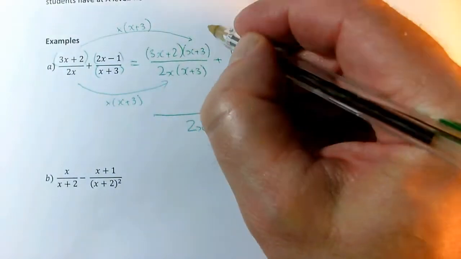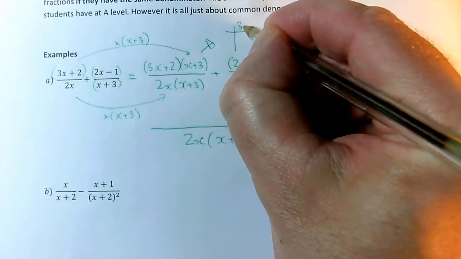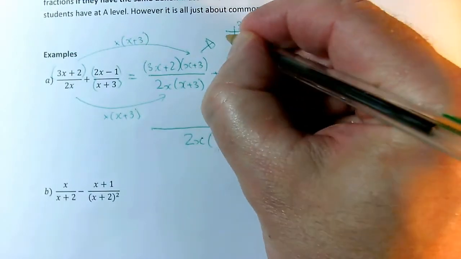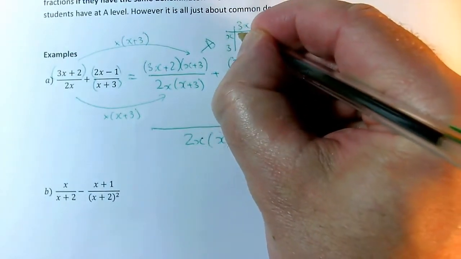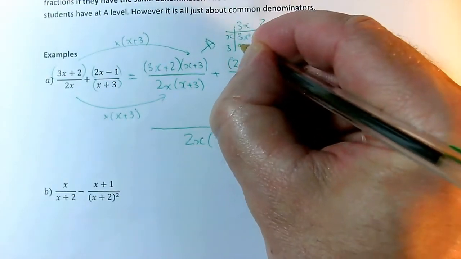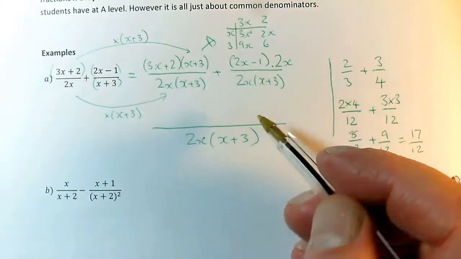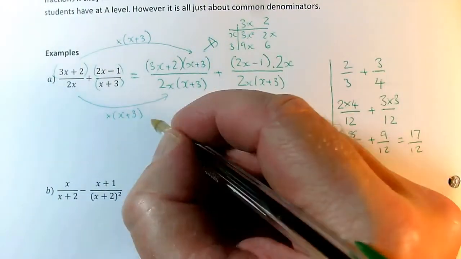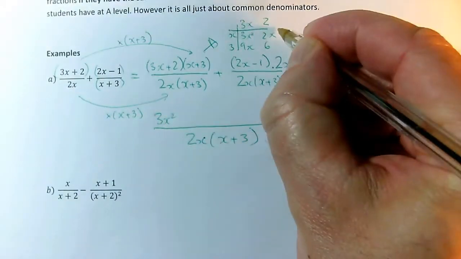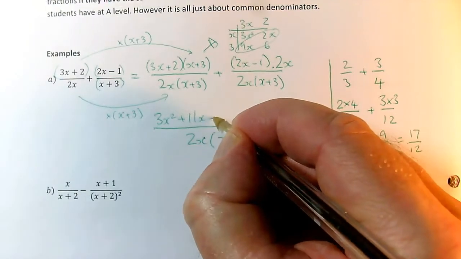So this is really a grid, isn't it? 3x plus 2 times x plus 3 gives me 3x squared, 2x, 9x, and 6. That's a bit untidy, but I've used up all my scribble space. Very careless of me. So I've got 3x squared, 2x plus 9x is plus 11x, okay, plus 6,